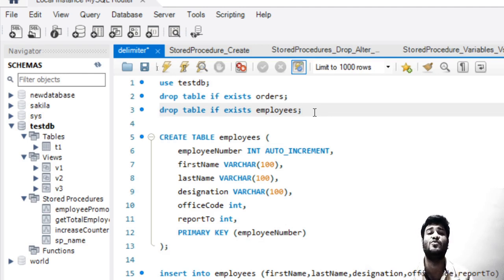It says that two statements or two commands in MySQL, in Microsoft SQL, in Oracle SQL, in anything, will be separated using a delimiter, which is a semicolon by default.